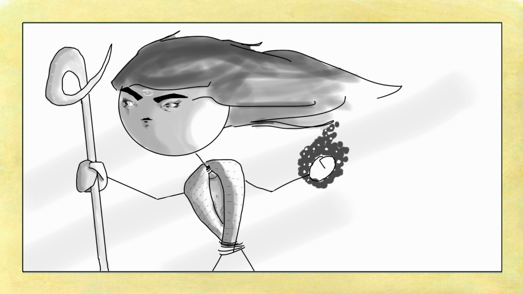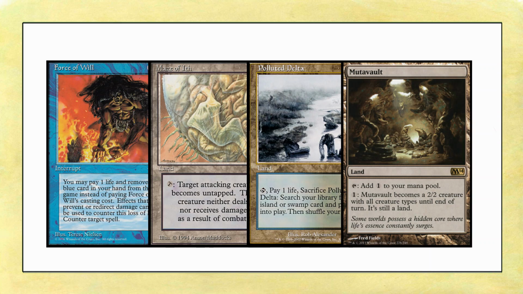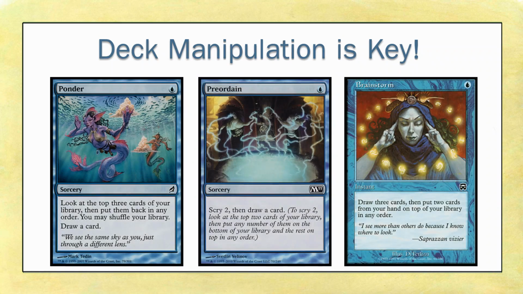With that being said, keep in mind that swinging with Narset is a game of chance, and there will be times where you whiff on her ability. So remember to include cards in your build that are able to manipulate the top cards of your deck. Ponder, Preordain, and Brainstorm are great with Narset, giving you the ability to play as many spells as possible with